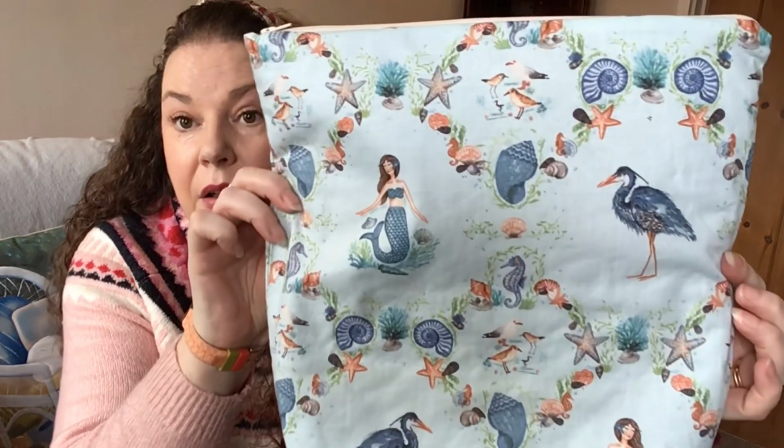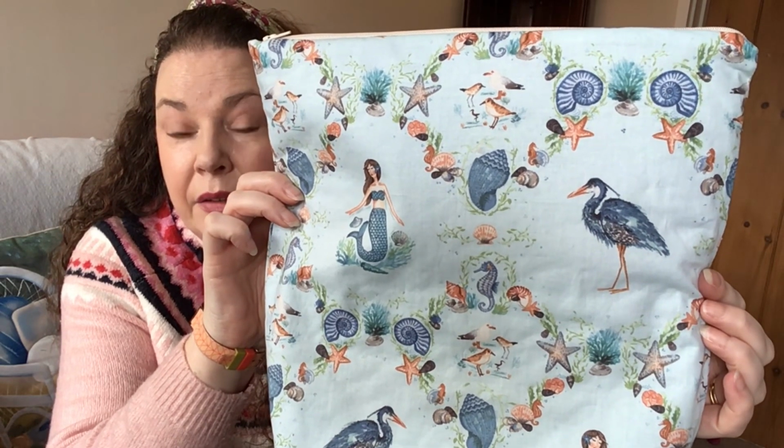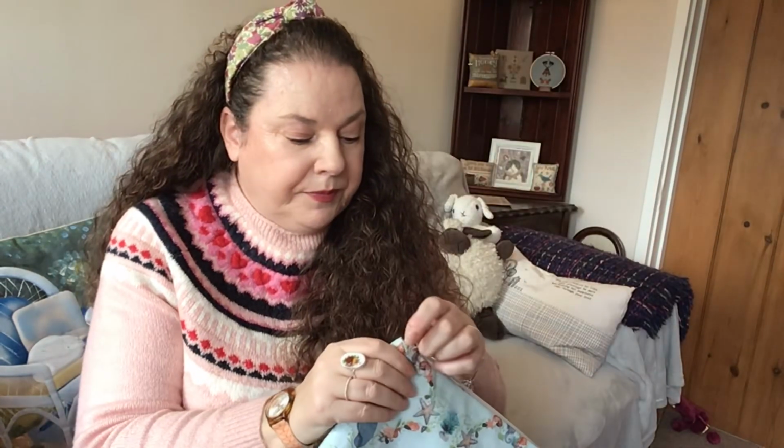So today I'm going to show you some progress on some stitchy projects, a little bit of a haul, and the start of my secret gift stitching as well. So where shall I begin? I think I'll begin with this one, which is in this beautiful bag from Pauline. That's Pauline's bags,